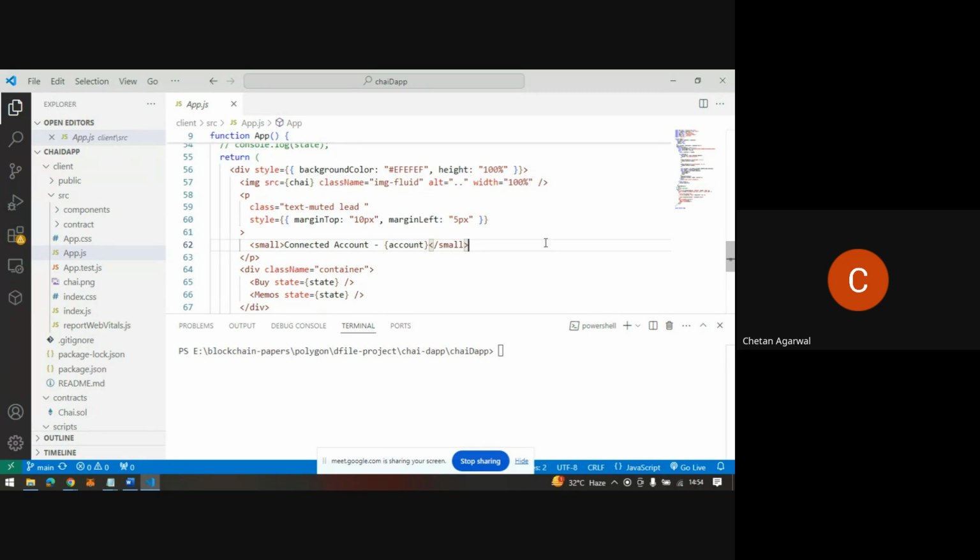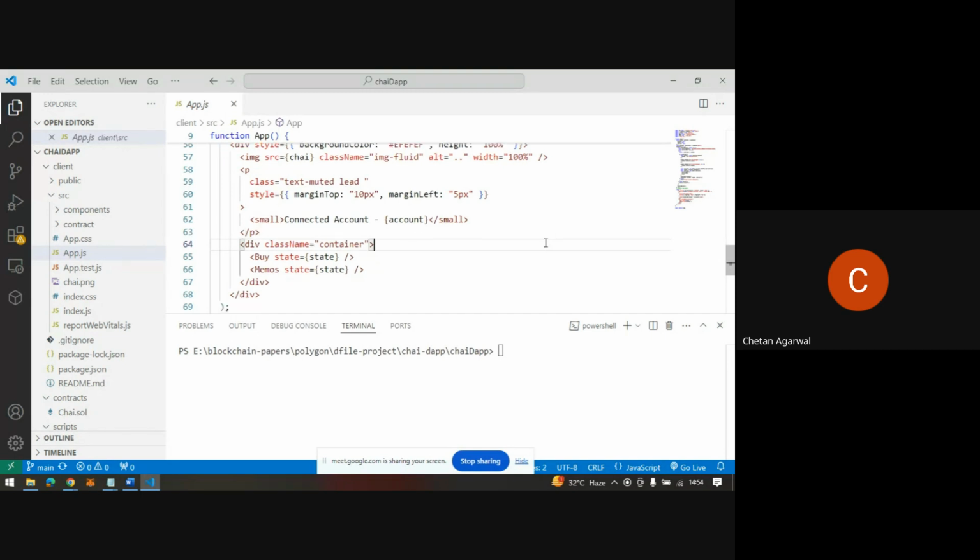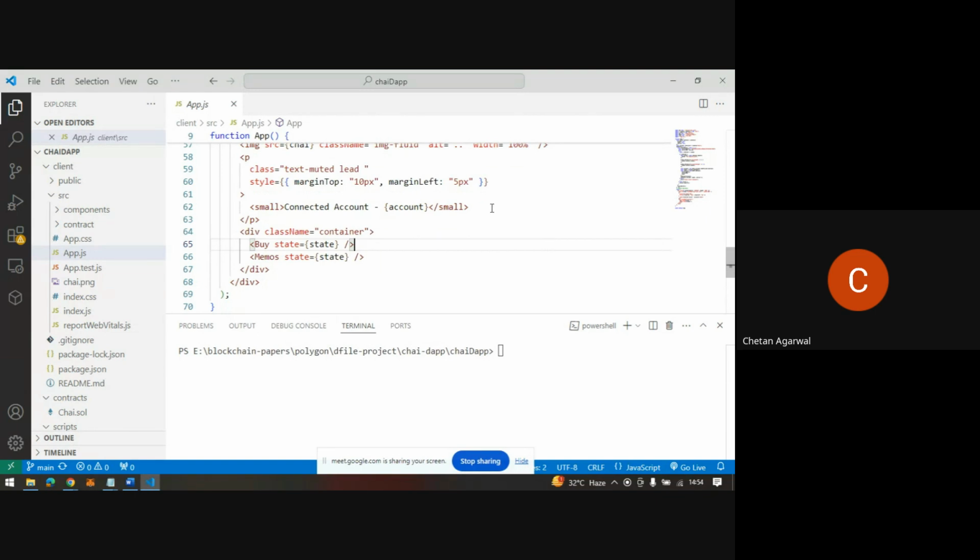which is trying to create a division tag inside the web page, and it is trying to use the CSS commands over there to decorate the tab page. Then it is trying to create a container over there, and in the container it is trying to have one tag for buy. This is for the buy function, and this is for the memos function. Okay, so corresponding to when we want to add something, we will be using the div containers, and